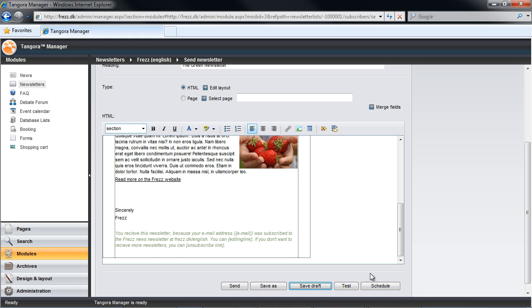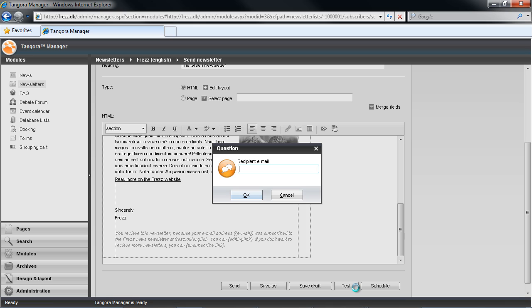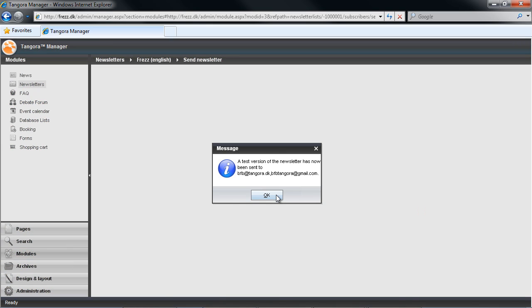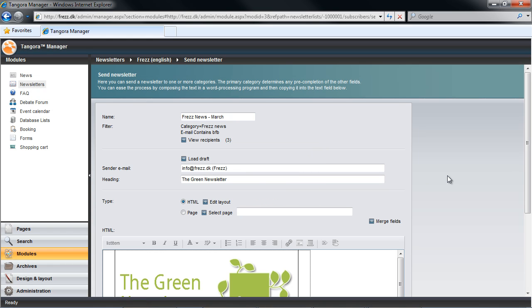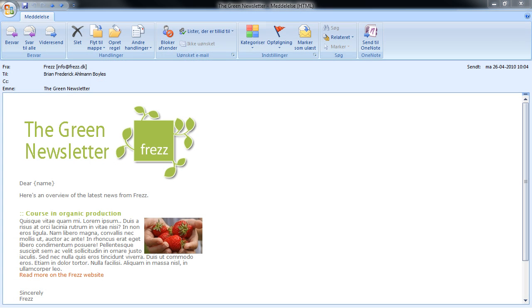But let's get back to testing and sending. If I were to select Test here, and type in a couple of emails separated by a comma, and then hit OK, then I'll receive a test version of this email. Test mails, however, will not have any personalized information in them, so I'll see that if I open the results of this test, that name has not been merged.